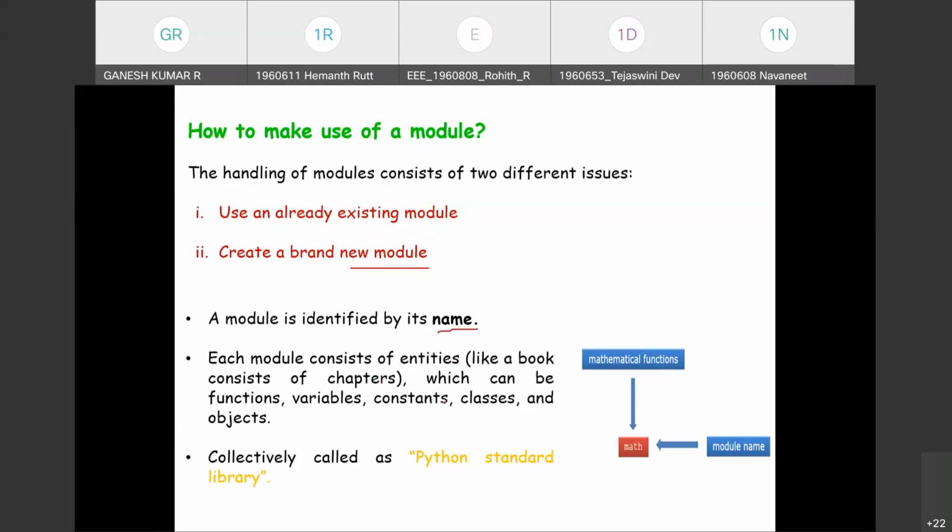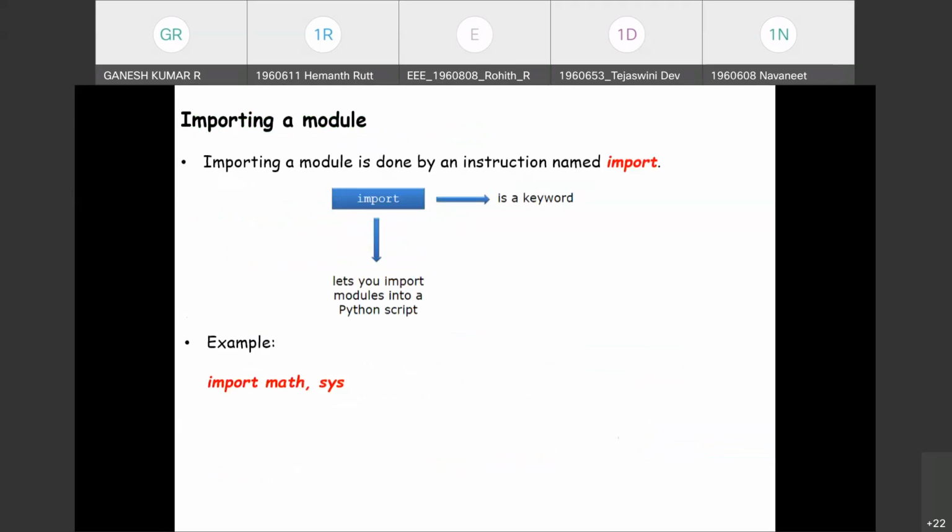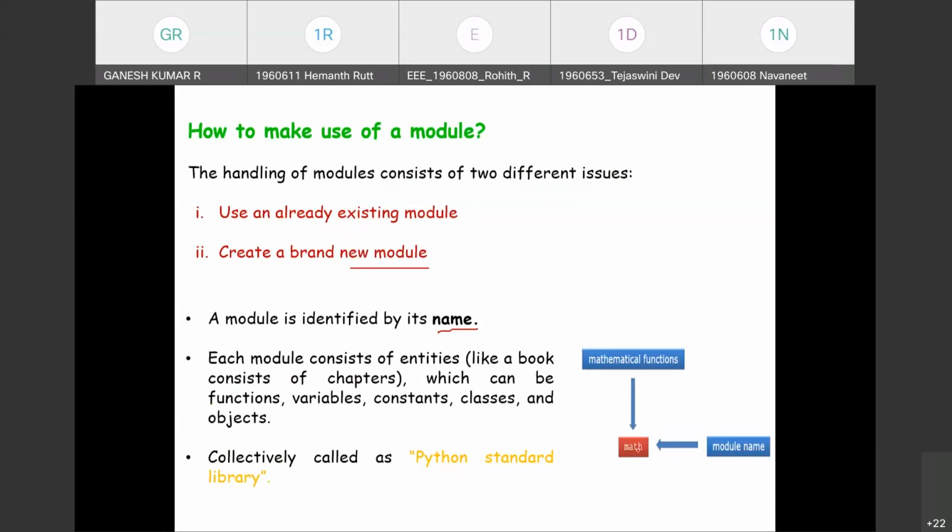So a module is a composition of a number of entities, similar to chapters in your book. Each entity supports its appropriate functions, defined by variables, constants, classes, and objects. Collectively, it is called the Python standard library. As I mentioned, a simple example is math, a module which supports all the mathematical functions.